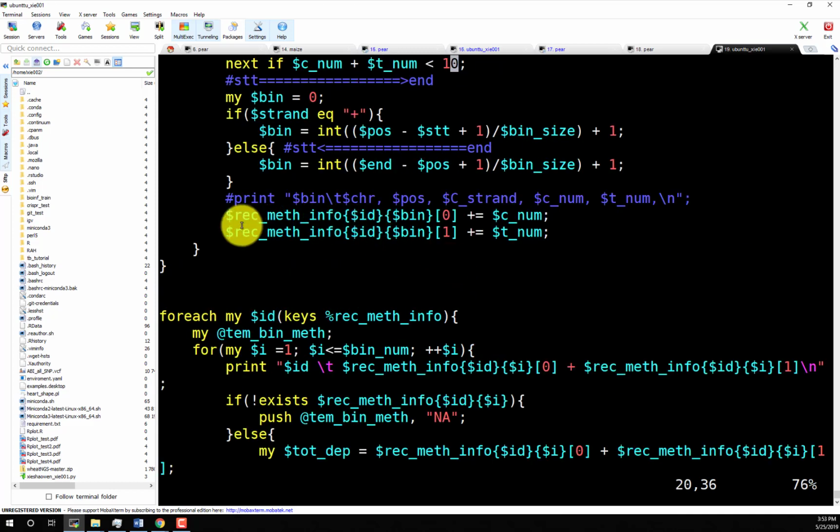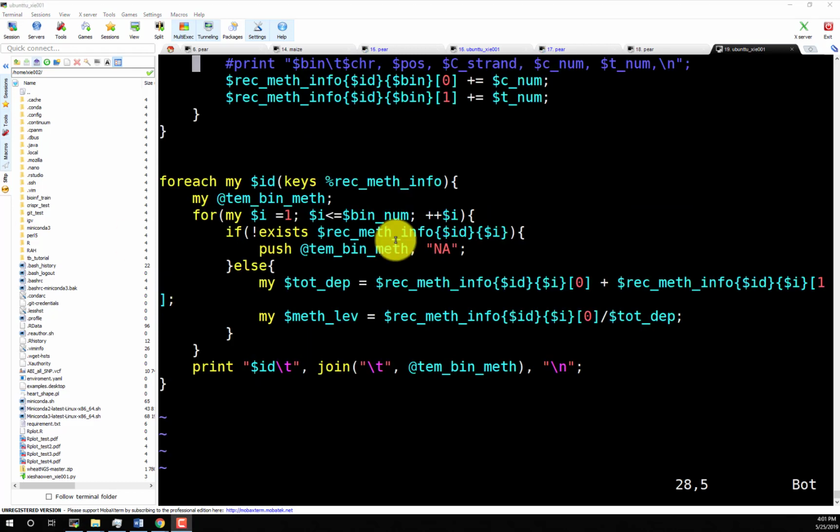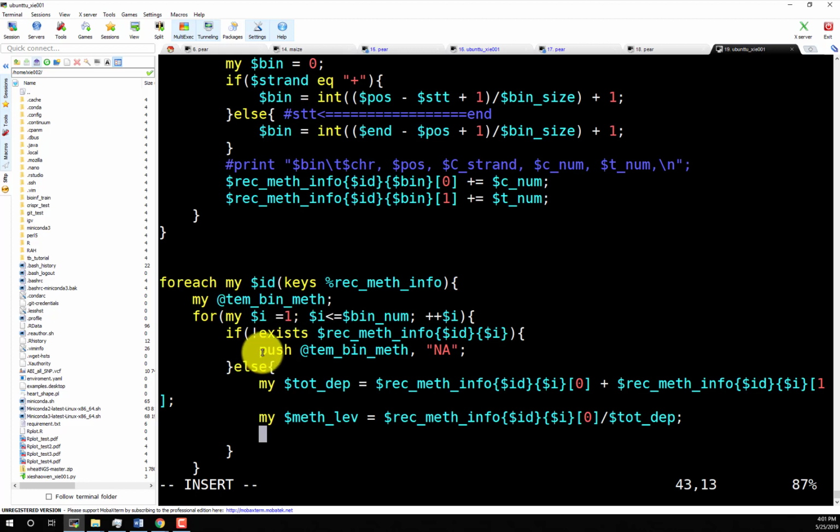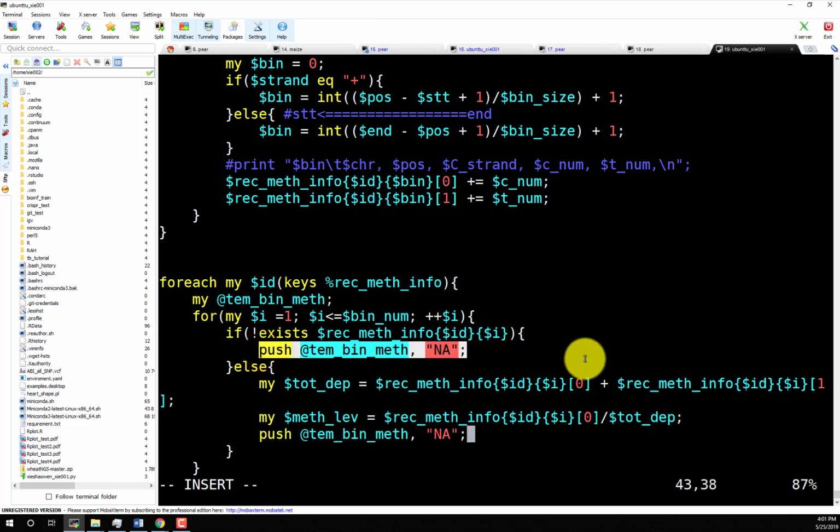The other problem we found here is that once we get the methylation level, we need to